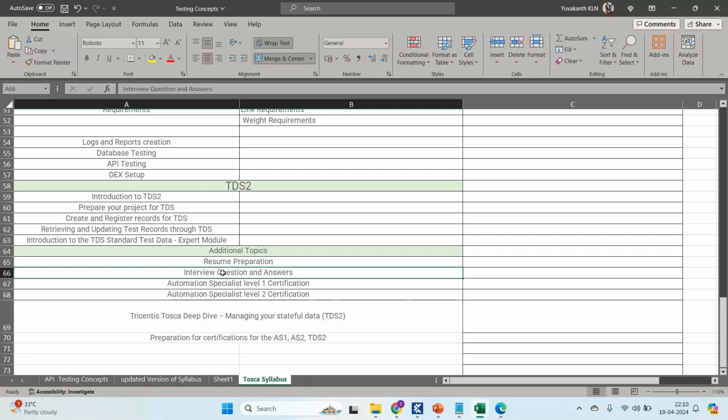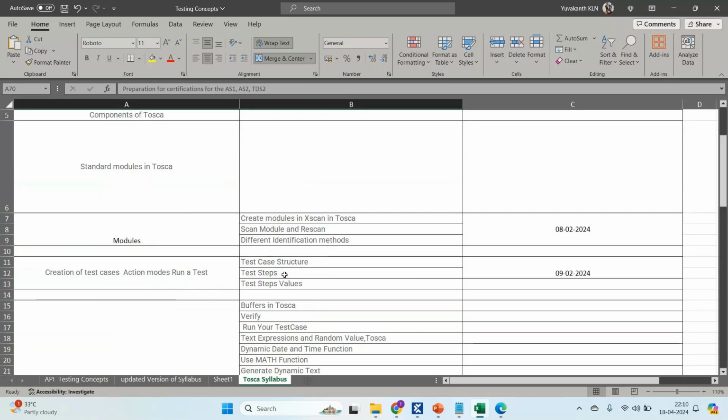Apart from that, if you are interested in any mock interviews, we will also conduct mock interviews for you. And you will have the certifications AS1, AS2, TDS2, and preparation for all the certifications will be there. And to mention it again, once we start with the installation of Tosca, from this date